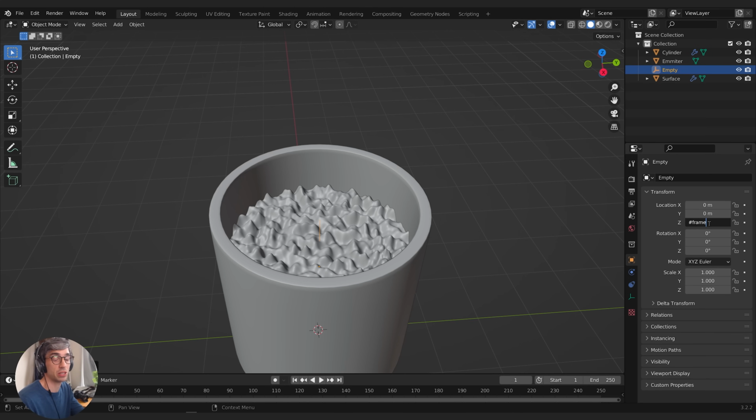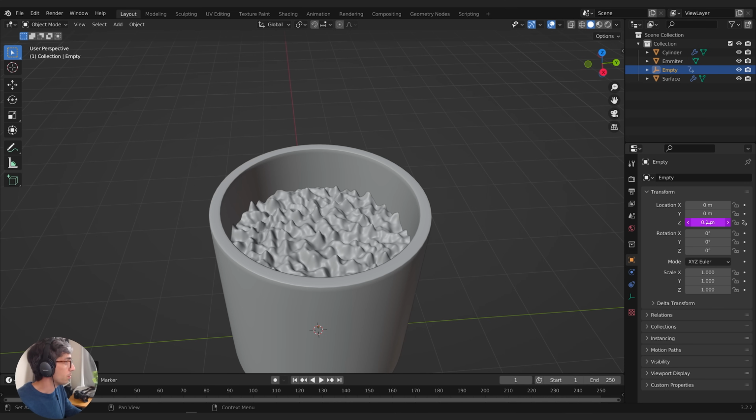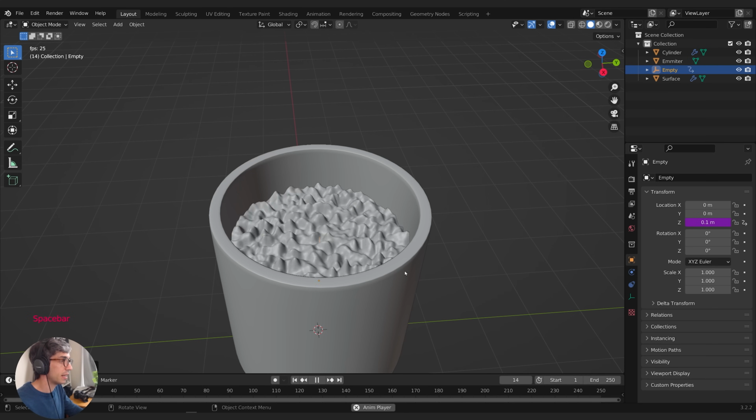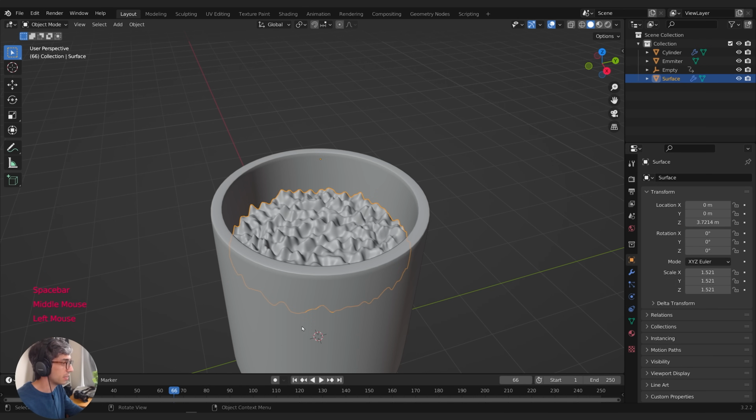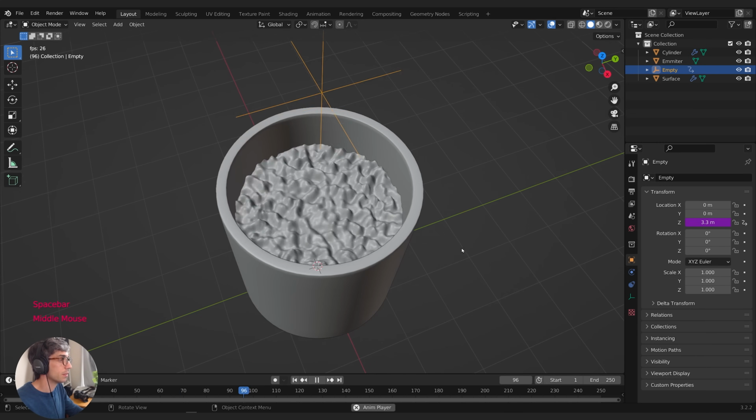And this frame is a special variable in Blender for drivers that always takes the current frame of our animation. So in this case right now it's 1, but as we hit play, that number is going to go up. So frame is going to continue to go up. And then I can hit multiply just to slow it down or speed it up. So I might slow it down a little bit. I'll go to like 0.1. So multiplied by 0.1. And so now you can see when I hit play, it's going to dance really, really crazy. And maybe 0.1, maybe you should slow it down a little bit more. I might try 0.05 maybe, just half it. That looks a little bit better.